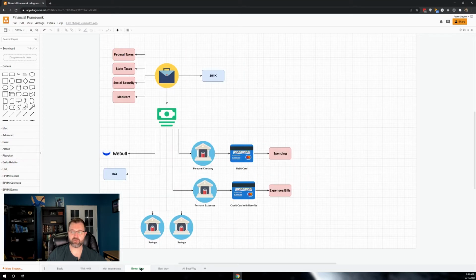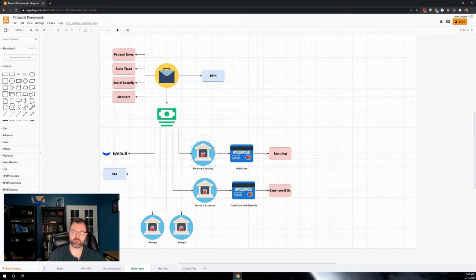So there's a couple better ways of doing this. One is that we could actually take our paycheck and split it up so that it goes to multiple areas. So before the paycheck ever makes it to our bank account where we can go and spend it, we could automatically have a portion come off to our brokerage account, to our IRA, maybe to multiple savings accounts, one for say large purchases, another one for vacations. You can set up multiples of those. There's a lot of work in setting those up, and so sometimes it can be kind of a pain to do that. But the big difference here is we're starting to think about splitting our personal checking,